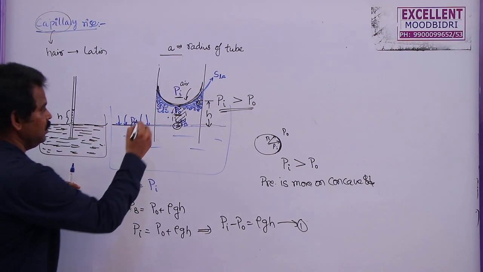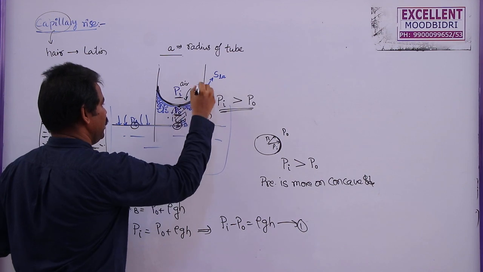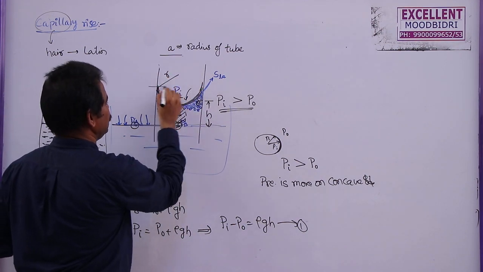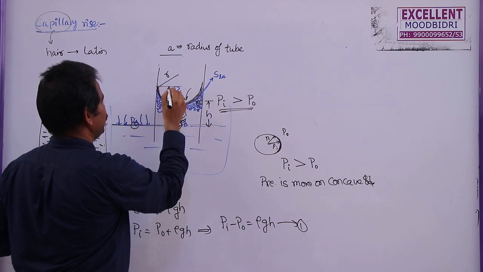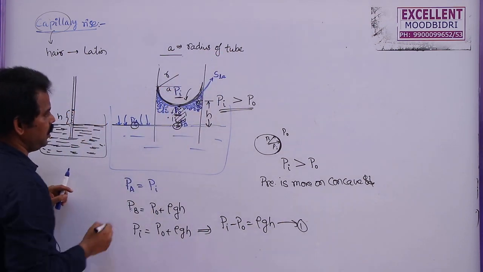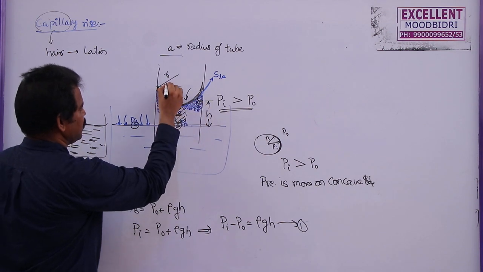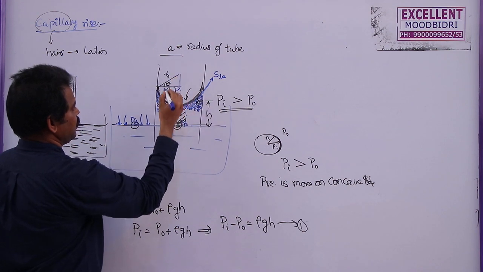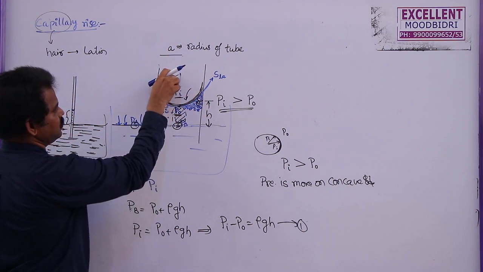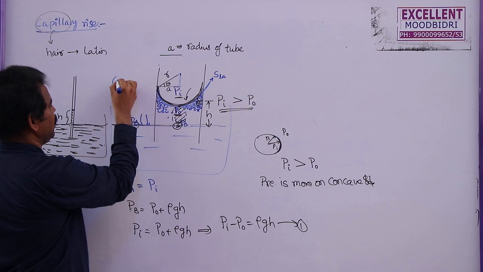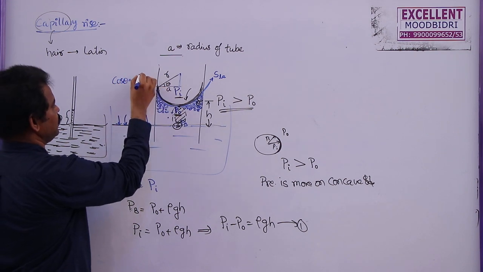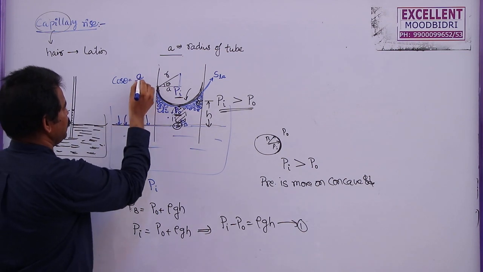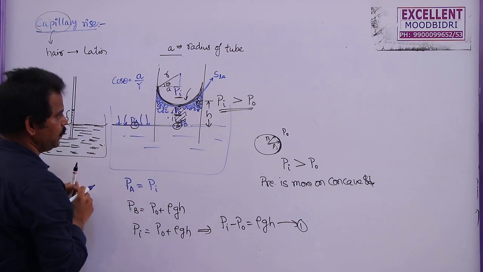In this case, if the radius of this air drop, here I am going to take this as R, and we know that the radius of this tube is A. If this angle is theta, this is also theta. So from this what can we write? This is a right angle triangle. So this is R, this is A. Cos theta is equal to adjacent side by hypotenuse here. So we can write A by R is equal to cos theta.